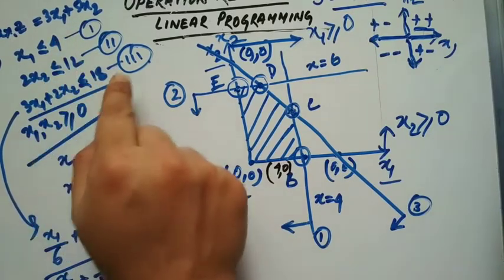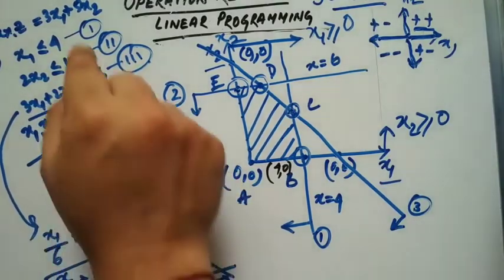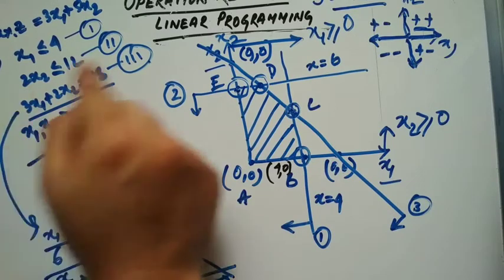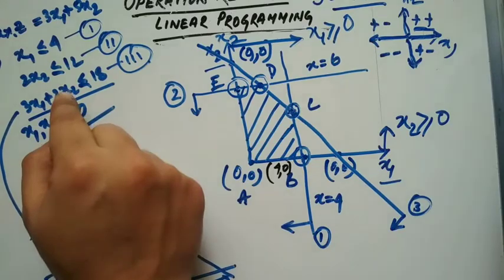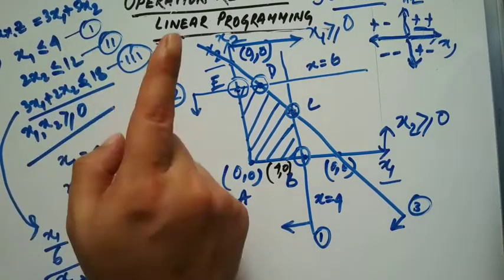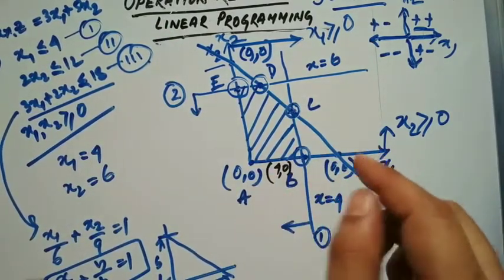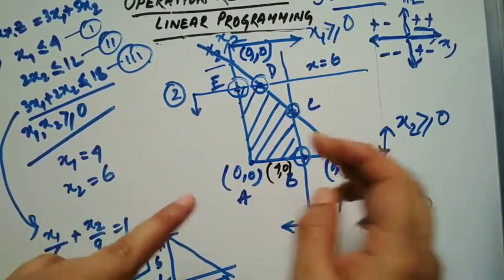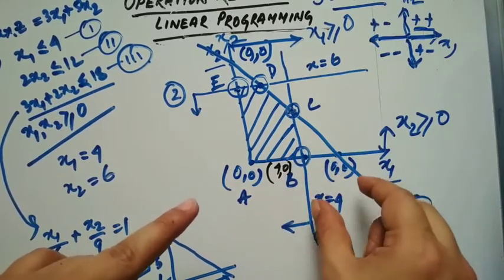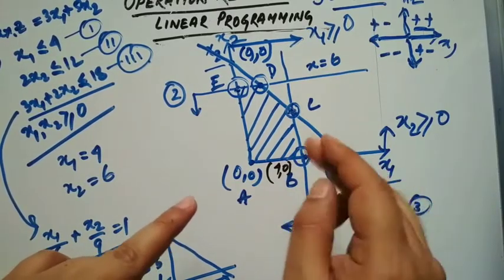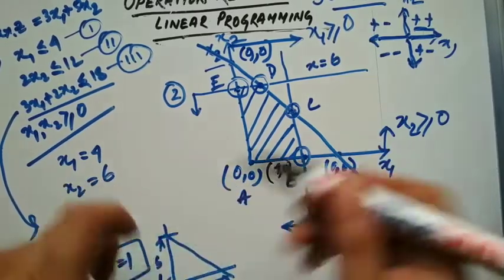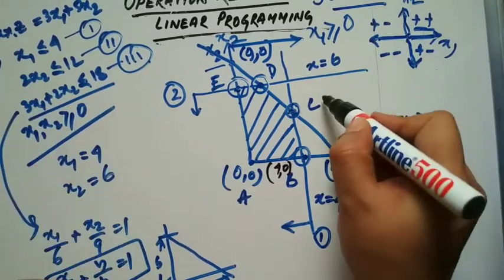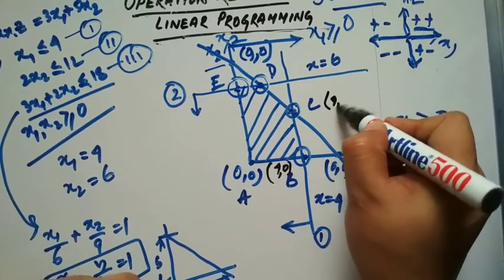Look, lines 1 and 3 intersect. So just put x1 equal to 4 in this particular equation. 4 into 3 is 12, which goes to this side, giving 6. So x2 equals 6 by 2, that is 3. So x2 equals 3. In order to find the intersection points, you have to put the two values into the equations where they meet. So for this equation we get the coordinates 4, 3. You can check it over.